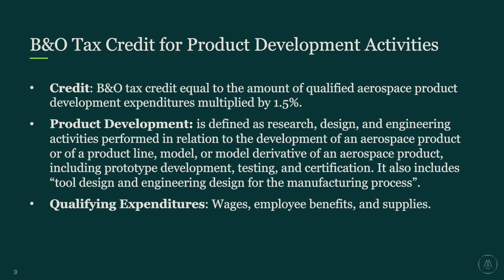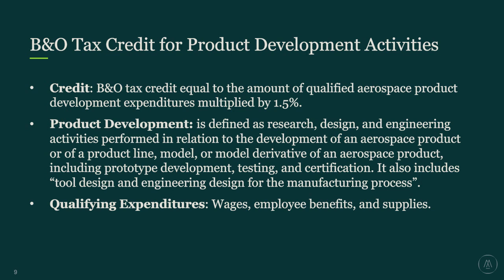So Shane touched on this a little bit earlier, but the issue is, you have a service provider who provides a service to a manufacturer, and the service provider is paying wages to an individual, and they may have some materials costs. And theoretically, if that person is providing a product development service, then they may be eligible for the product development credit. Similarly, the manufacturer is paying the service provider, and they have a cost that they've incurred as part of their product development process.